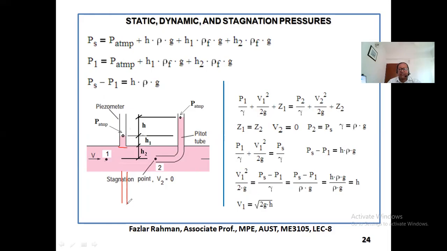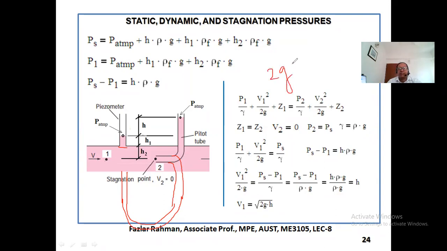Instead of at the top, they put it at the bottom. And instead of the heated tube going upward, they keep it in a downward direction, like this one. Then they just attach a tube to it, a manometer tube. So same problem. It will be the same formula, but there will be